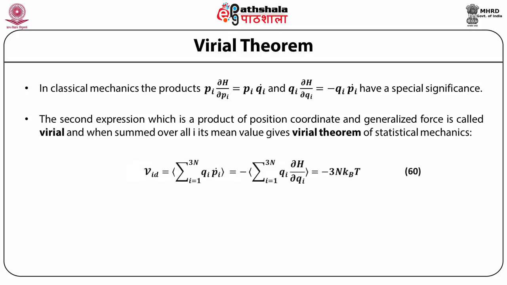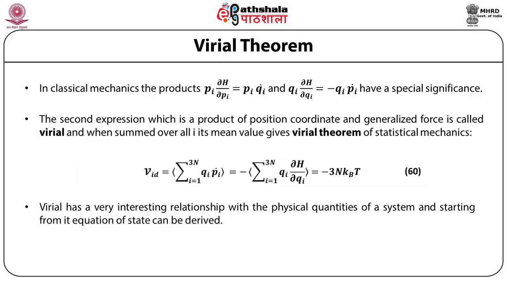That is, virial is equal to the mean value of the summation over i equals 1 to 3N of q_i p_i dot, which is equal to the negative of the mean value of the summation over i equals 1 to 3N of q_i times the partial derivative of H with respect to q_i, which is equal to minus 3N k_B T. Virial has a very interesting relationship with the physical quantities of a system, and starting from it, the equation of state